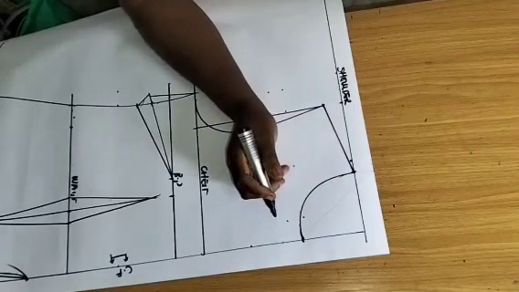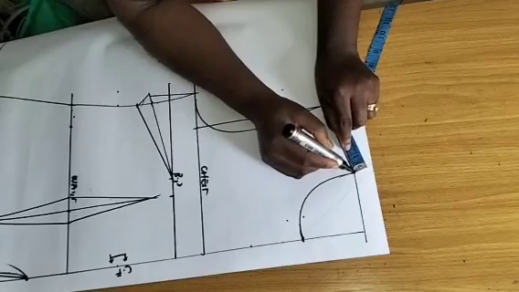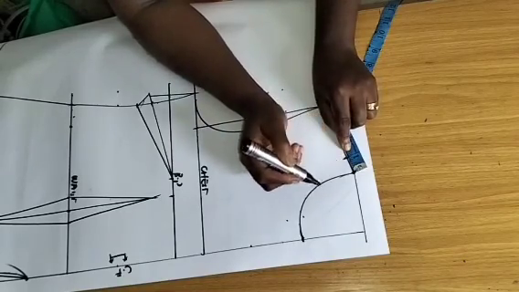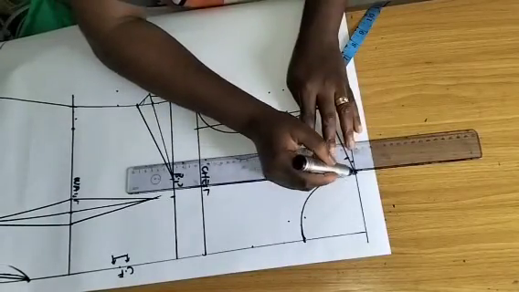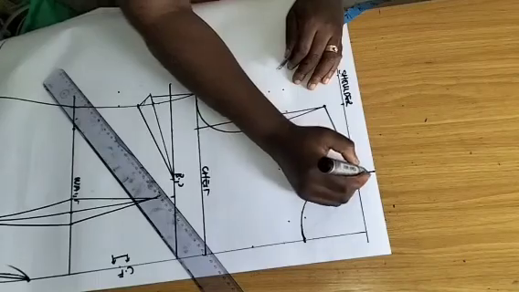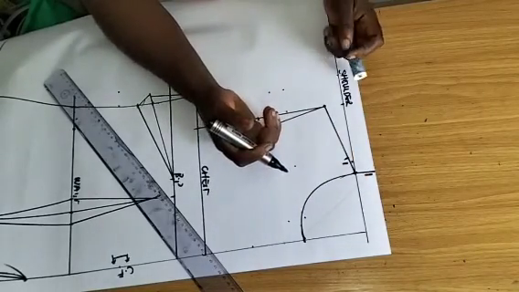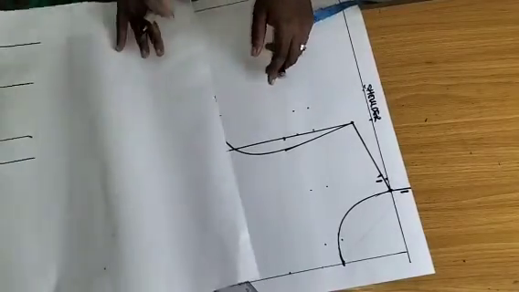So this is my natural neckline, and from that point I'll just come out by 1 inch, and at that point, I'm going to extend my neckline by another 1 inch. So I have 1 inch here, I have another 1 inch here. So I'll just come with my pattern ruler now,